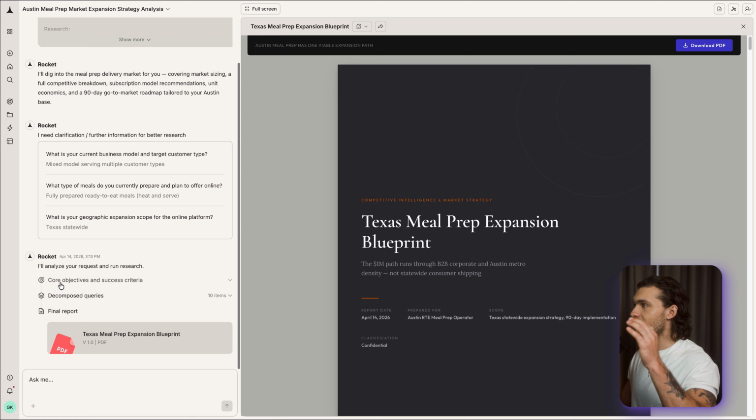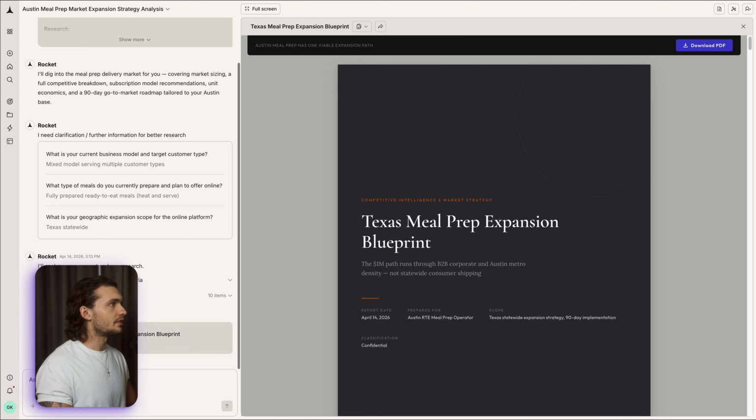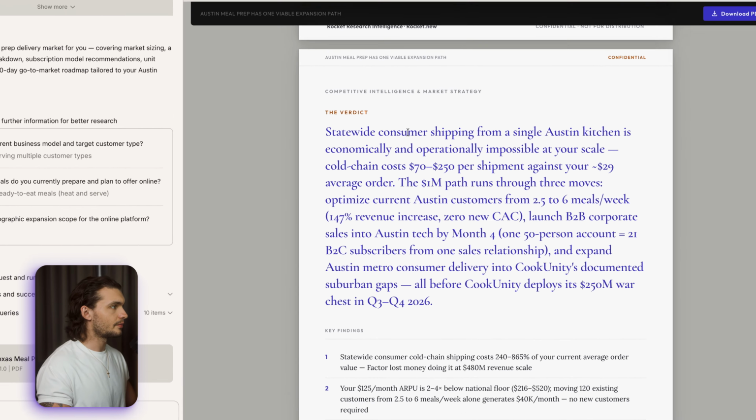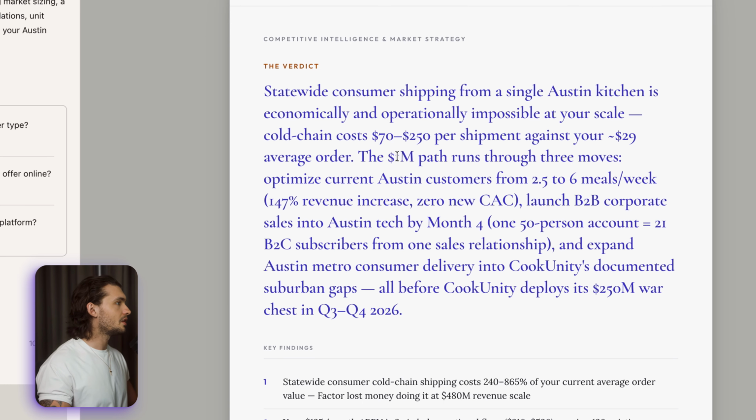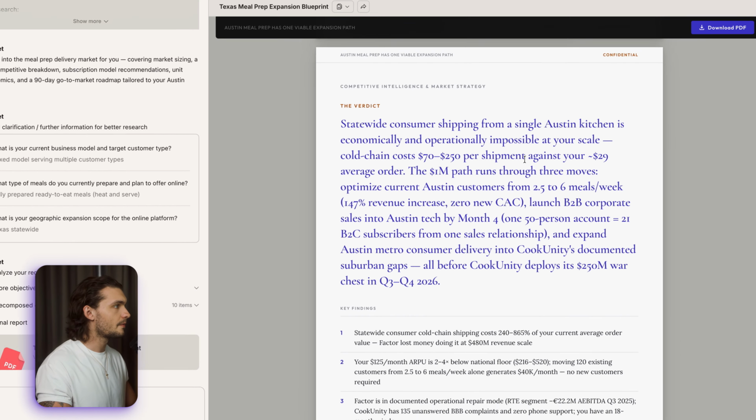It's fully generated with over 23 pages of findings. So let's take a look. On the top here, we've got a verdict. So the main findings that I found. So for example here, it told us that our idea of statewide shipping is operationally impossible at our scale, which